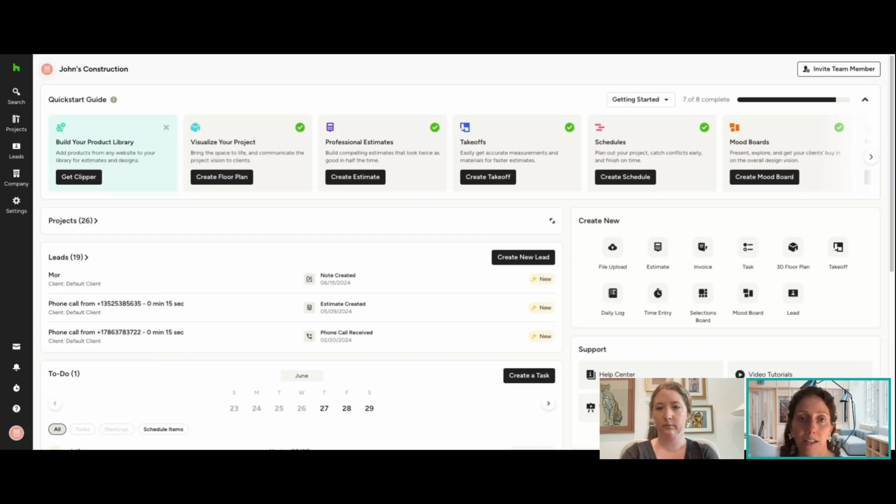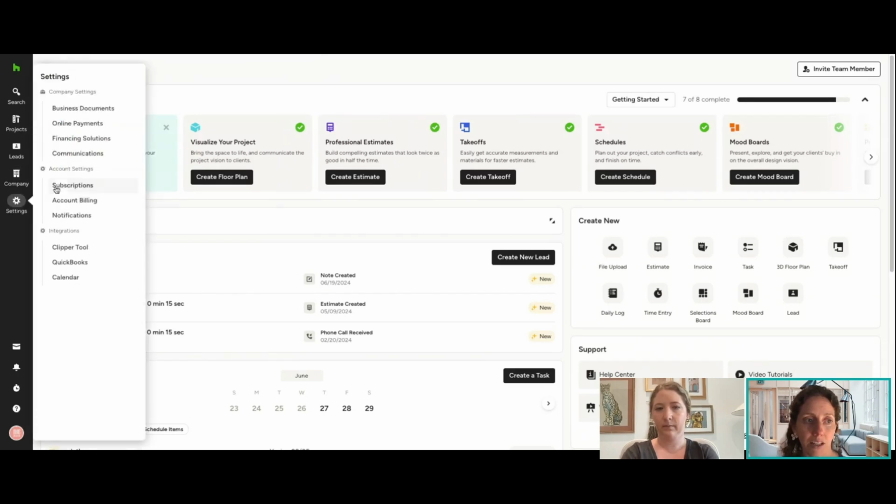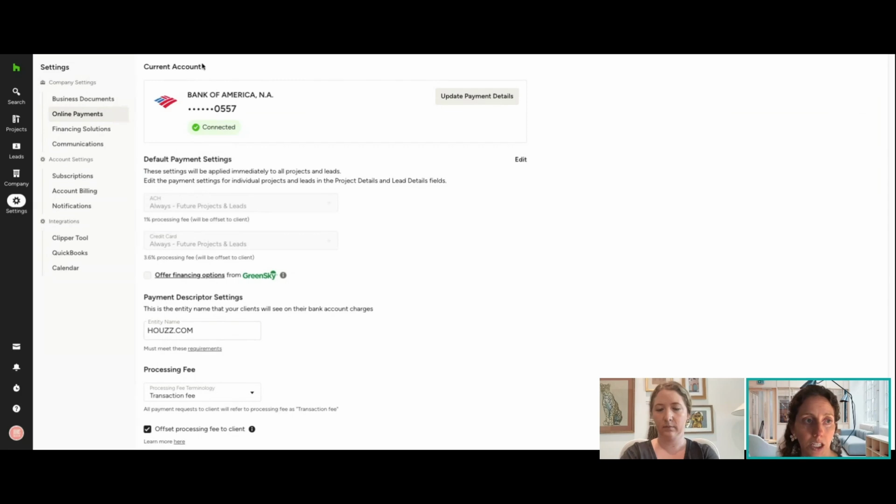There are a few ways that you can turn this on. In the settings tab, we have an online payments page. If you've not already set up online payments, you can do it through here. It's a pretty easy process. It takes maybe 10 minutes. You just have to enter your bank information and your company information. But if you have already set up online payments, then when we go to this page,